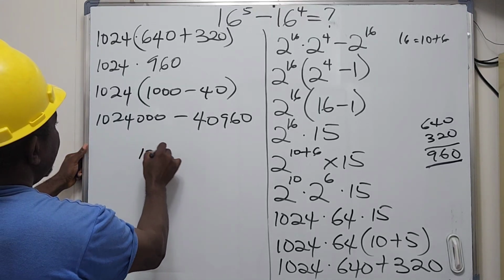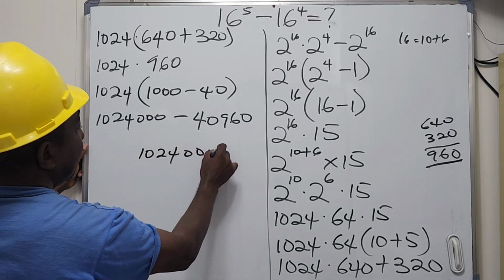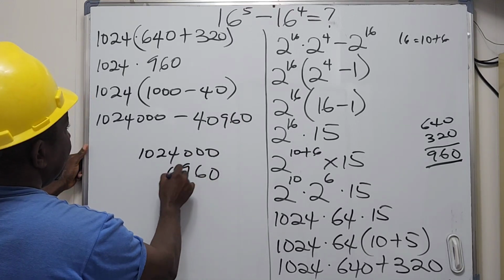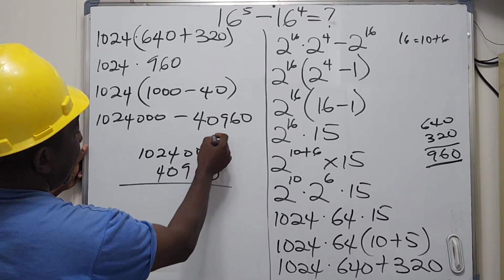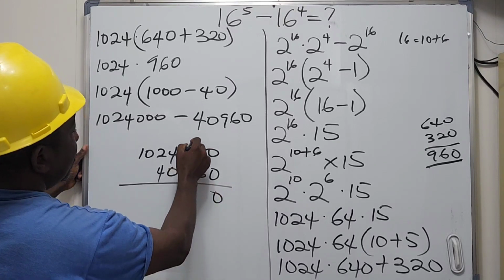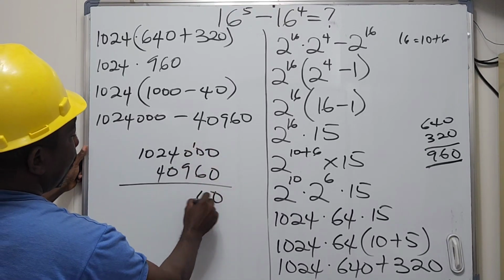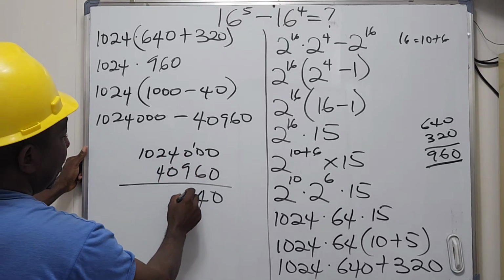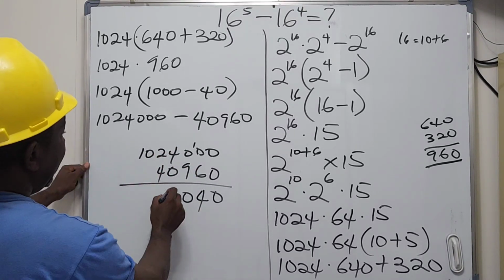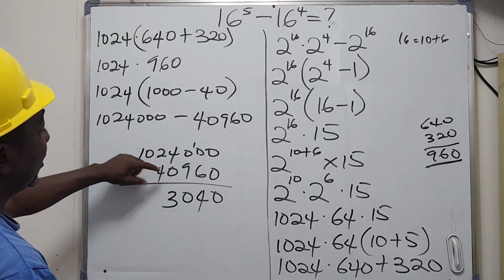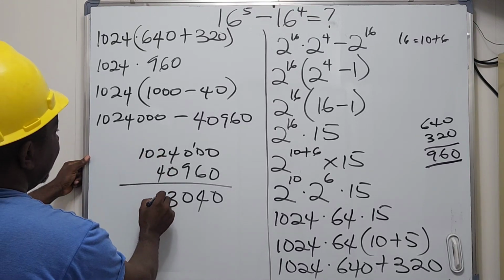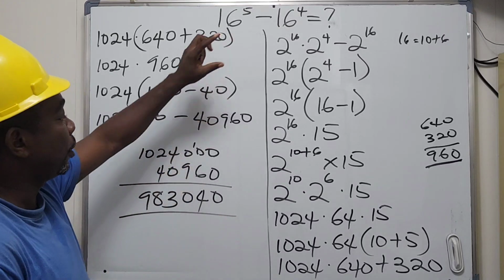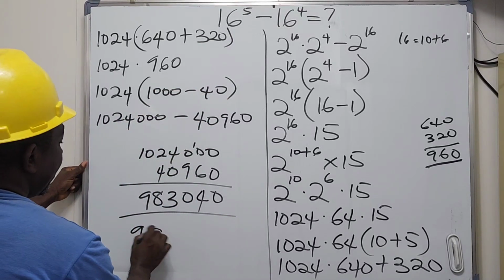We have 1024,000. Then we subtract 40,960. Taking this becomes 0. Add 1 here. This becomes 4. Then this one remains. Taking 1 from here will become 9. So we have here 0. So here will remain 3. Then when we take this goes here, we have 8. And here remain 9. So our answer to this question will become